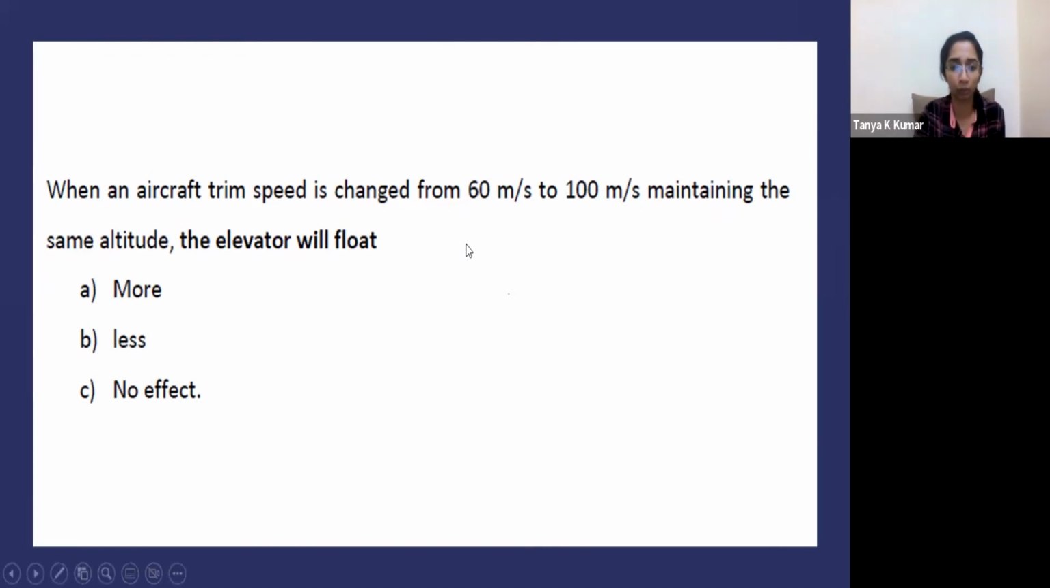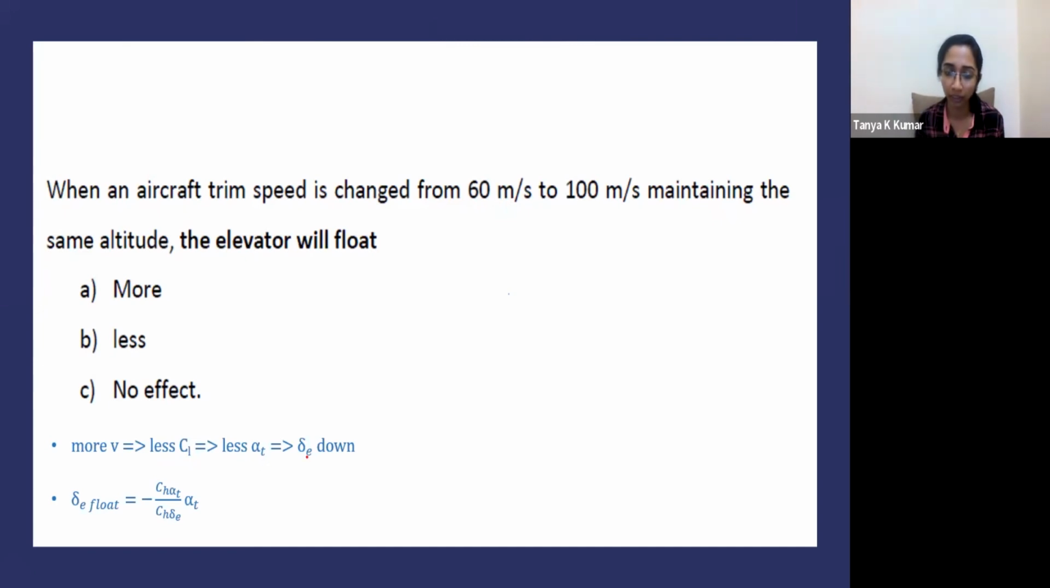Okay, let me just go over this. So when you increase your velocity, more velocity means less CL. Less CL means, how do you ensure less CL? You get less angle of attack at tail, okay? How do you get a less angle of attack at tail? You deflect your elevator down, okay? That we know. Now, this is the formula for